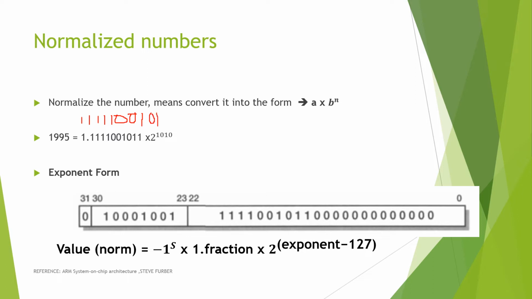When normalizing this, the first one will be written as such and then you put a decimal such that the remaining numbers will be the exponent: 1 2 3 4 5 6 7 8 9